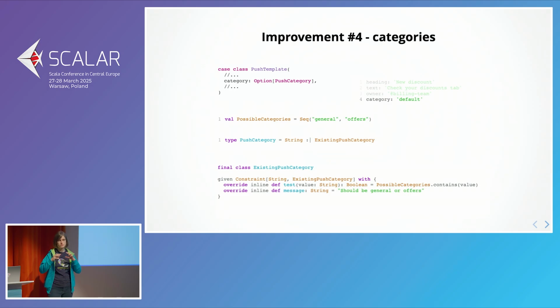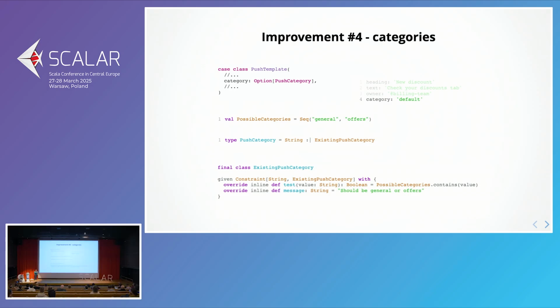So if we have those strong types and then we reassign the values somewhere there and it flows through our system, then Iron will be able to warn you or actually prevent you at compile time from assigning to where it shouldn't be assigned. So, for example, it's not possible maybe to mix the deep link with the URL or with the heading and so on.